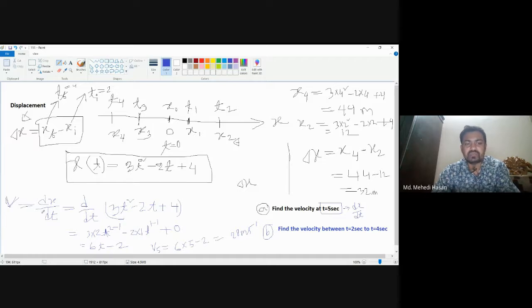So the process is, first you have to differentiate the position, it will give the instantaneous velocity. Then you have to put the value of t on that equation, then you will find out the instantaneous velocity. So this is the velocity at fifth second, so v5 equals 28 meters per second. Okay, and in case of question number b, find the velocity between t equal to 2 second to t equal to 4 second. So the process is